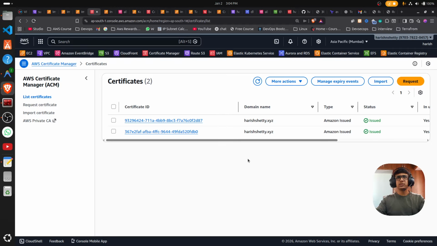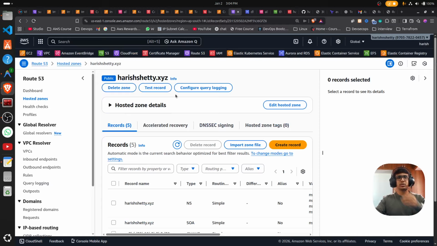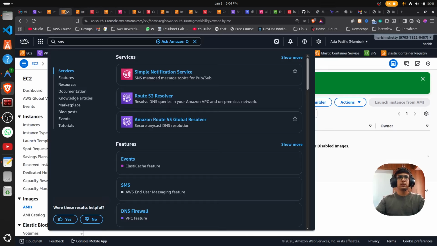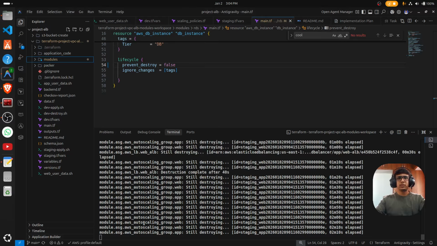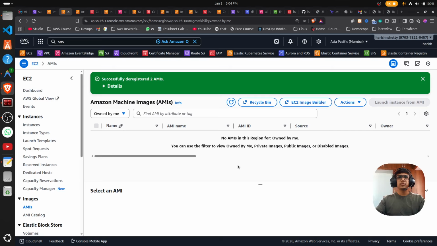You guys delete them, and make sure you delete the Route 53 hosted zone if you don't want to get charged. Delete zone. That's it. Yeah, this one is done, and it's destroying the auto scaling. It's going to take 10 to 12 minutes for destroying. So this is done, and let me delete,